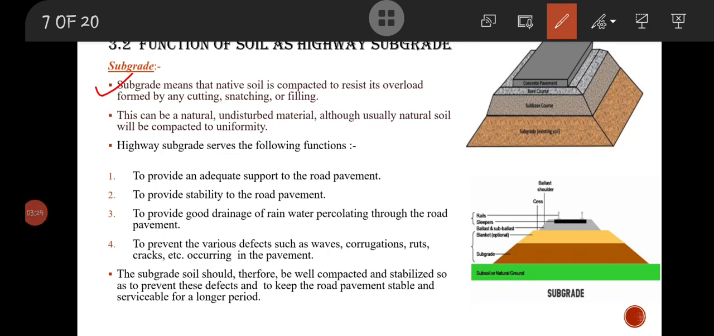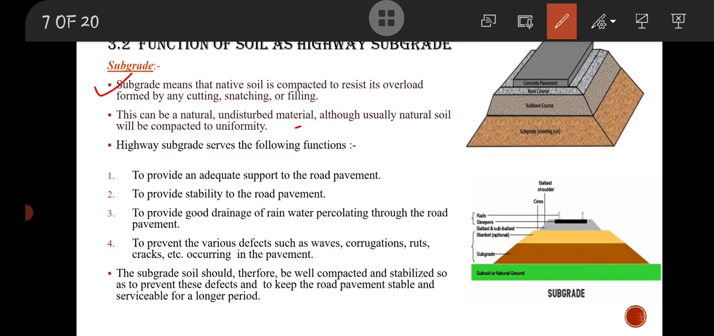So, as we already discussed, subgrade means native soil. Native soil means the soil which is naturally present, over which we are applying different layers. This can be natural, undisturbed material, although usually natural soil will be compacted to uniformity. Means we have to compact the natural soil first, then lay the other layers